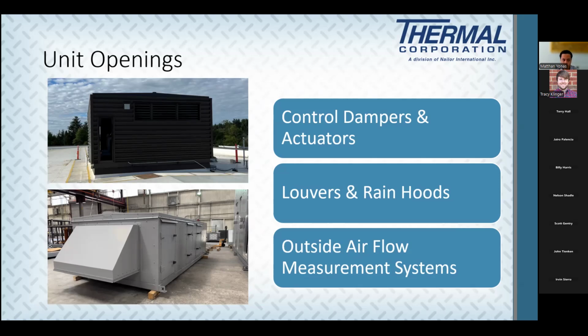And things to look out for are with outside air dampers, you have to be careful because those typically require more torque than a return damper because with the outdoor air coming in, you have grime, dust, and different things that are going to jam up the damper, and you'll need more torque on that actuator to actually open it over time. With control dampers, different things to look out for is the frame, if you need an insulated frame, insulated blades,